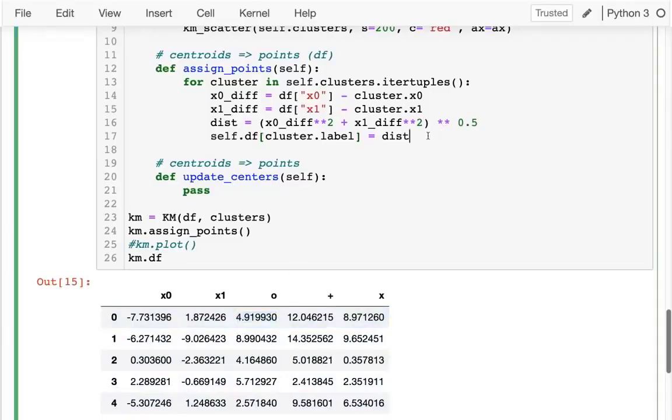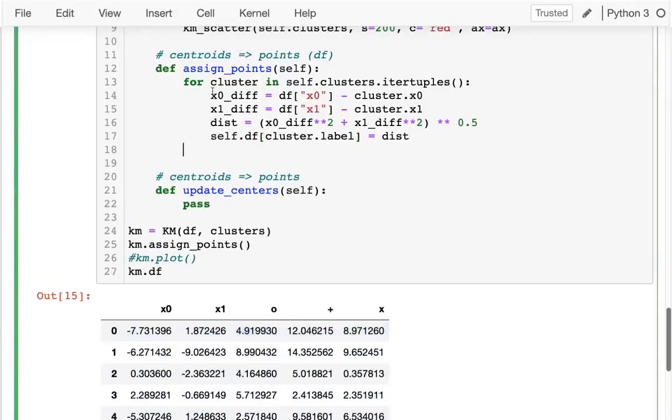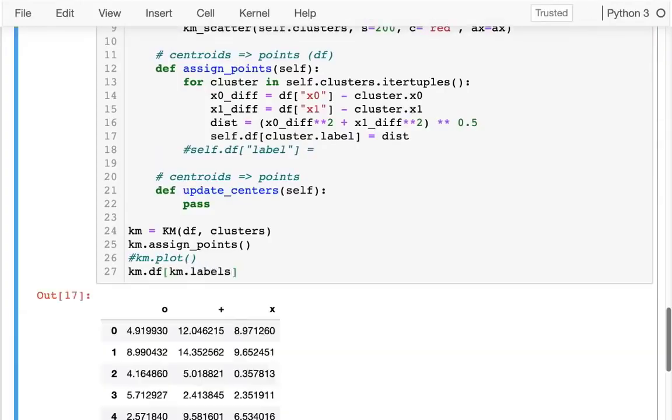right? So what I'm going to do is after I've looped and I computed these 3 columns, I'm going to say self.data frame and label. I want it to be one of these 3. You know what? Let me just try to poke around down here first to see how I can get to that. What I really want to look at is those 3 columns there and figure out which of these columns has the smallest value in each